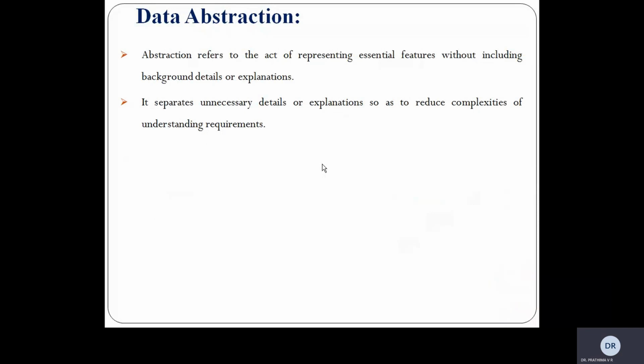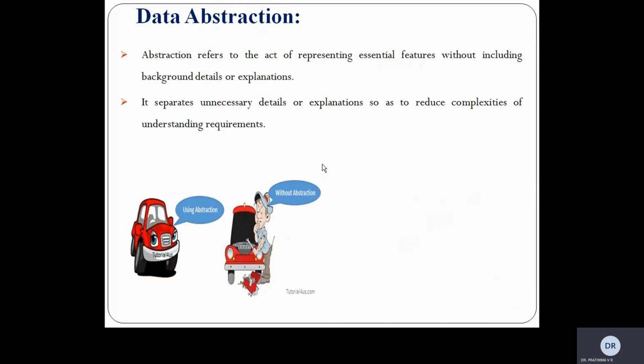Data abstraction always separates unnecessary details or explanations, such that it aims at reducing the complexity of understanding the requirements. For example, we can see here there is a car, and this car is making use